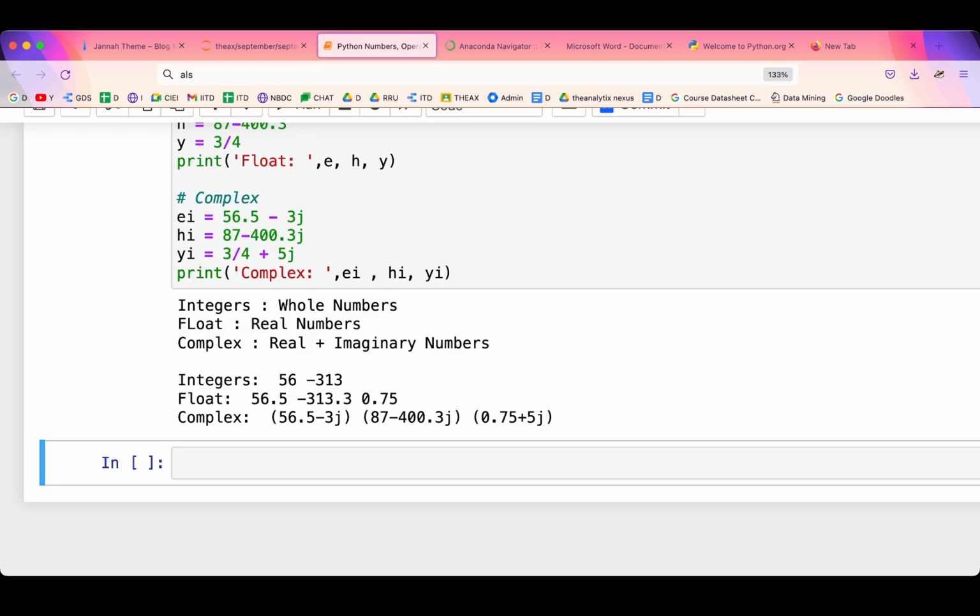If I get only the real part, then the imaginary part will be zero by itself. Can you speak louder once? Like if I put A is equal to 56.5, what will be the output? 56.5, then